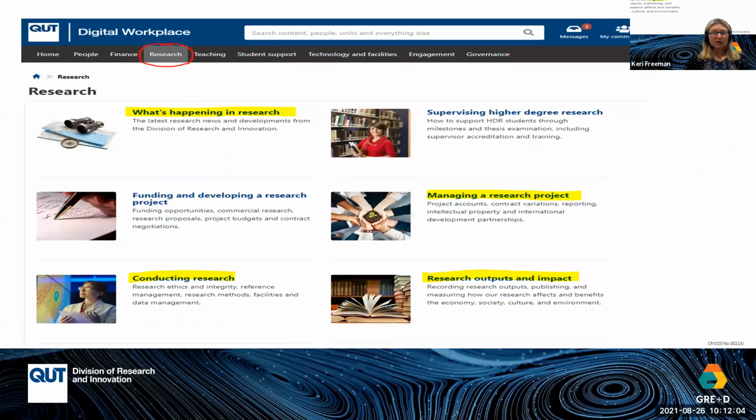Now, most of you will have a staff ID as well as a student ID. So when you're logged in with your staff ID, you can also see the QUT Research Division and on HiQ, Digital Workplace, the information there. I've highlighted a few, lots of useful information there, and that'll help you to be part of QUT's researching community. So you can see the login in the chat there. Just make sure you're using your staff ID. If you don't have your staff ID, perhaps ask your supervisor and they might be able to help you to get access to those pages.